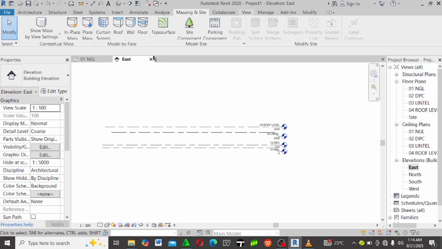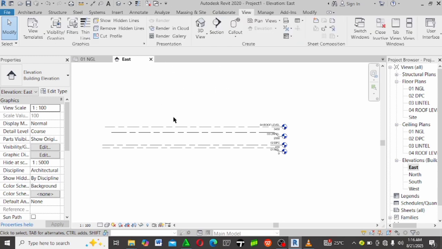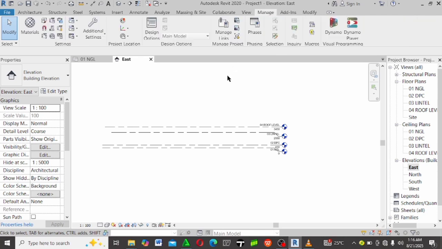Then we have this View. Under this View, you can actually do some views like sections or 3D views. So that's basically what this one is meant for. This Manage is where you manage everything that is in your project, the technical aspect of your project. Maybe you want to transfer project standards, or you want to